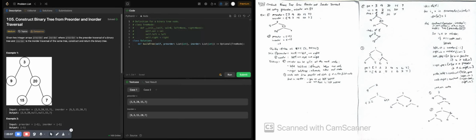So now the next node we have is 20. Then we know that 20 is the child of 3. And the next element that we see is 15. To determine whether 15 is the left or right child, then we are gonna need the